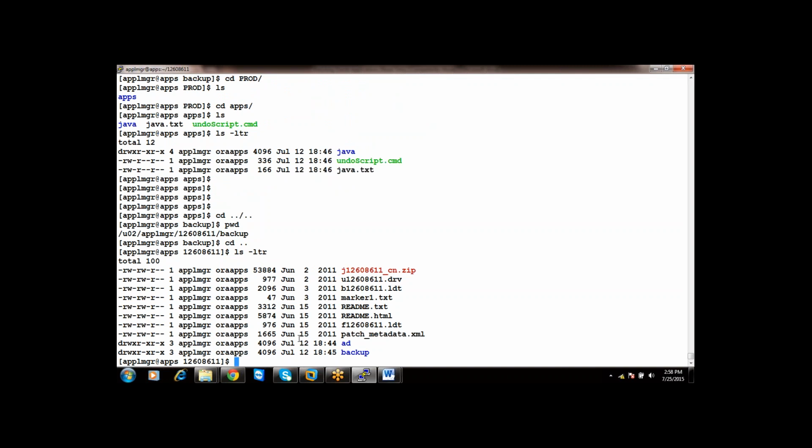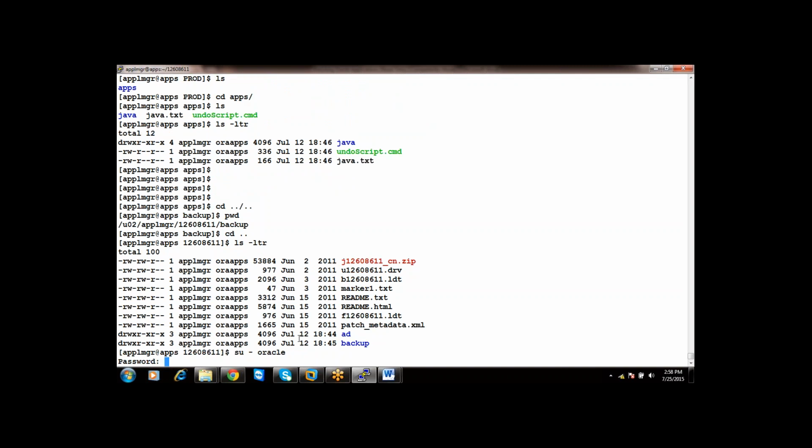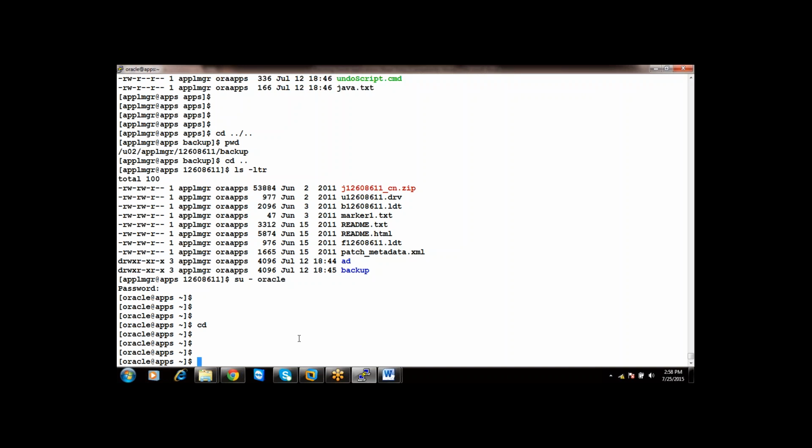You are applying one OPatch. Let us take an example of RDBMS Oracle Home. You are applying one patch using OPatch, and you realize that this is not the correct patch and you just want to roll back. Can you roll back OPatch? Yes, you can roll back the OPatch, right? If you are rolling back the OPatch, what does it mean? It means that you are restoring the older files to the present location, right? So where do you think the old files are getting stored?